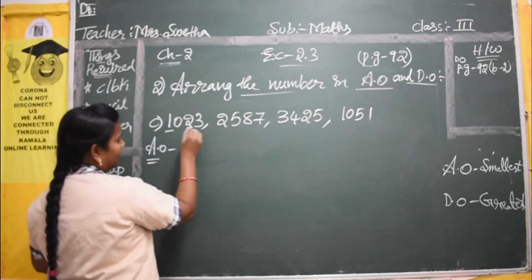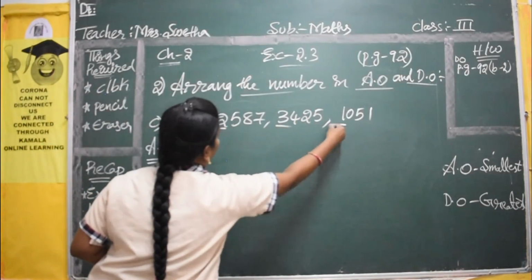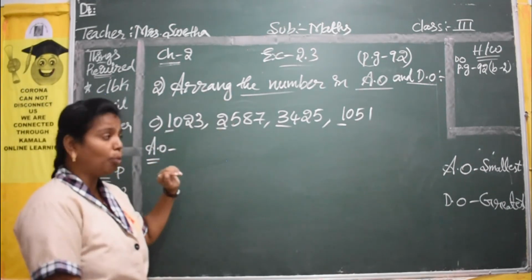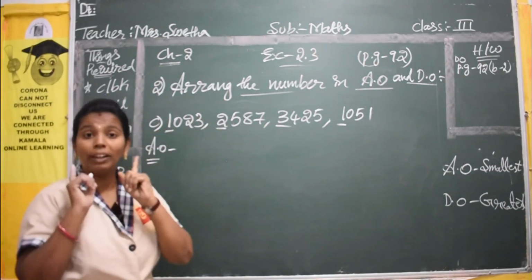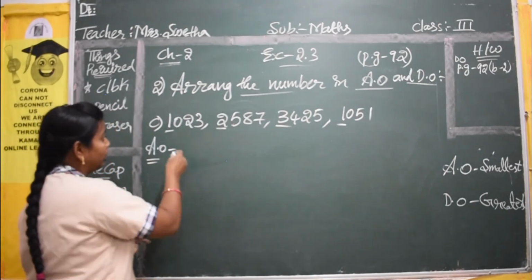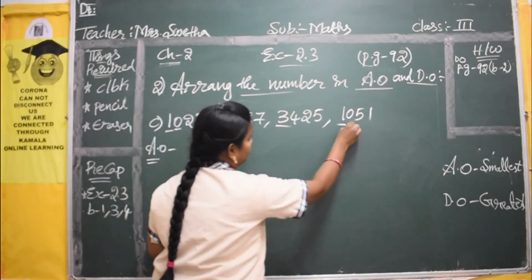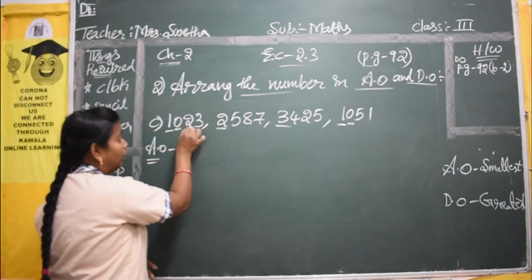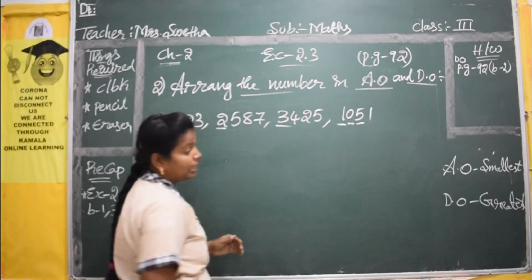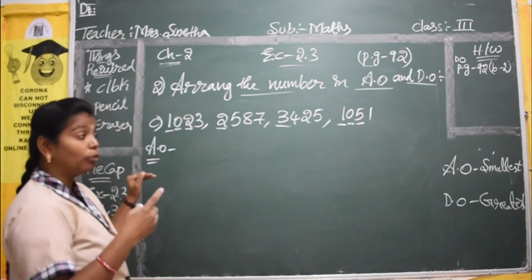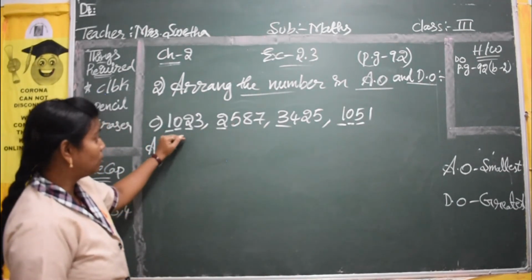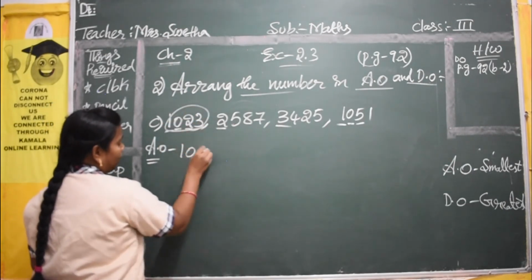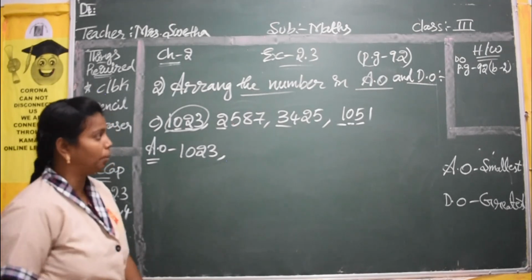So check one digit at a time. 1, 2, 3, 1. Which is the smallest one? 1 is the smallest one. So in this one also you have 2 sets, children, so you have to move on to the next digit. 0, 0. Yes, 0, 0 is also the same number, so go to the third number. 2 and 5. Which is the smallest number? Yes, 2 is the smallest number. So this complete set will become your first smallest number.